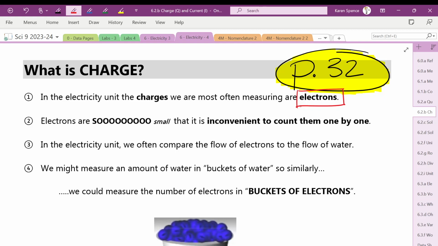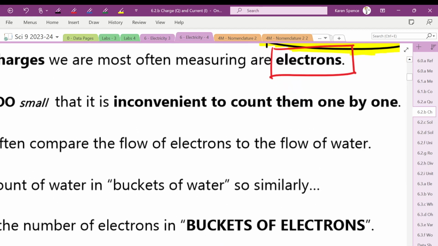How big are electrons? Do you remember? They are super, super small. And so can you imagine trying to count them? 1 electron, 2 electrons, 3 electrons. Are you going to get very far? No. So we're not going to be counting them one by one. Now, also in the electricity unit, what we are very likely to do is to compare the flow of electrons